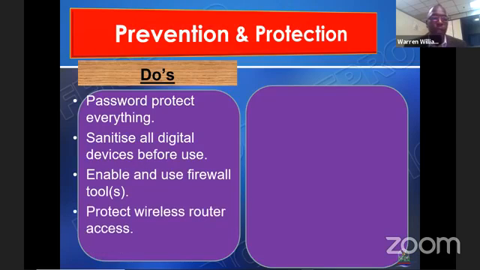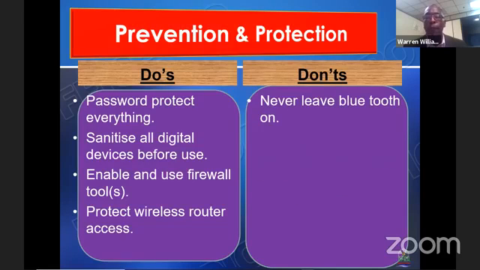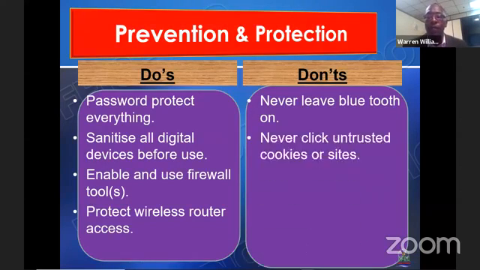Enable firewalls, as we say, and ensure wireless routers are not just plug and play because we don't want persons to get into your free Wi-Fi. And that's another topic for discussion with the government because we can get into the free Wi-Fi space. We can do a lot of malicious things, but likewise criminals, they just want to get into that space where persons are and do what they can do. So we discourage Bluetooth being left on. It's easy to pair with your system. If there is an open port, if there are some weaknesses on your system, your smart device, once we pair with it, it gives us access to all the information that is on your devices.